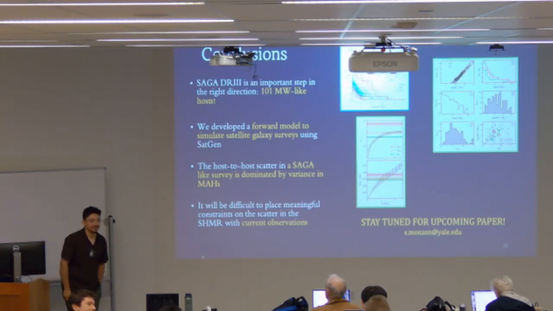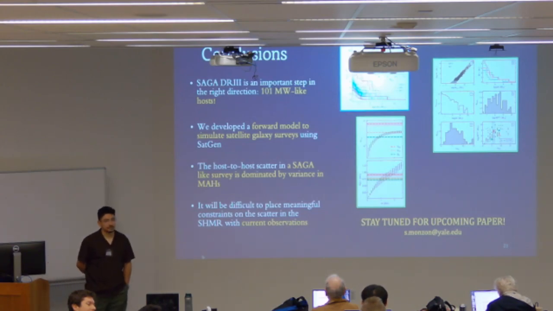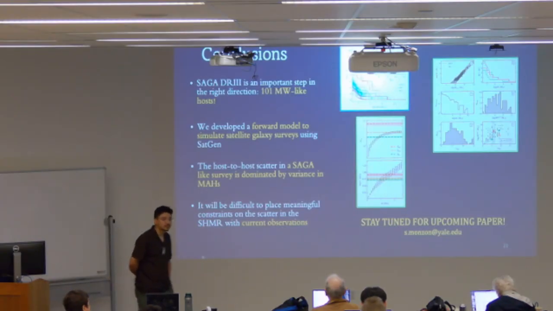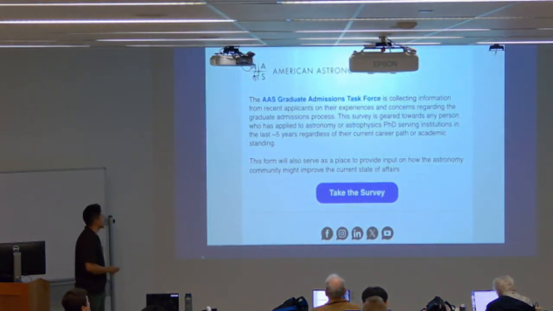Hi, thank you for the nice talk. I'm Haley Bowden at University of Arizona. Do you have an idea of how many satellites, or how many Milky Way-like hosts you would have to observe to be able to put constraints on that? Yeah, that's a great question. Because we have this